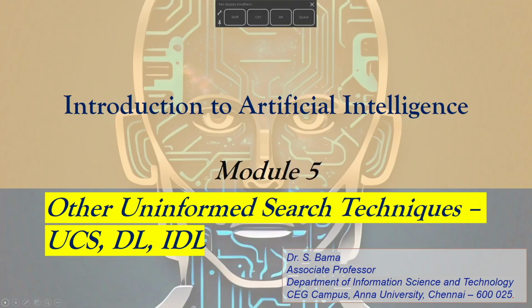Welcome to the series of computer science, and in this course of artificial intelligence, last week we have seen uninformed search techniques of breadth first search and depth first search. Today we will see other uninformed search such as uniform cost search, depth limited and iterative deepening. And before we move on, this was a question from the last time,